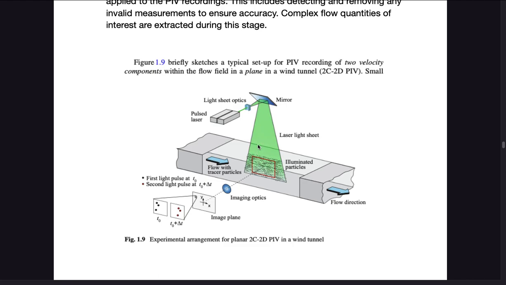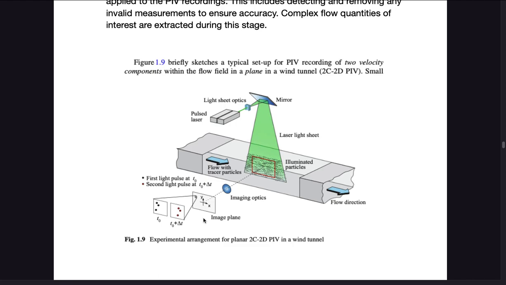When the laser light is incident on our flow, the tracer particles will be illuminated. Then we have image optics. The image optics help to filter the scattered and laser light. Generally, another purpose we use image optics for is recording the image of this area in the image plane. This is the image plane we have